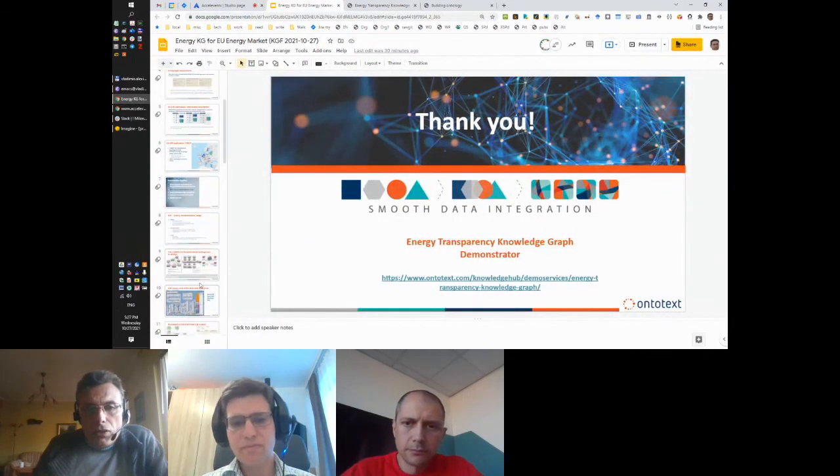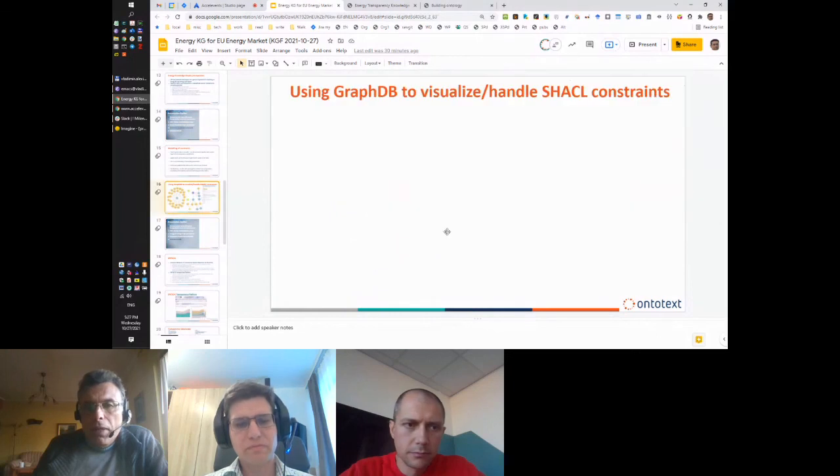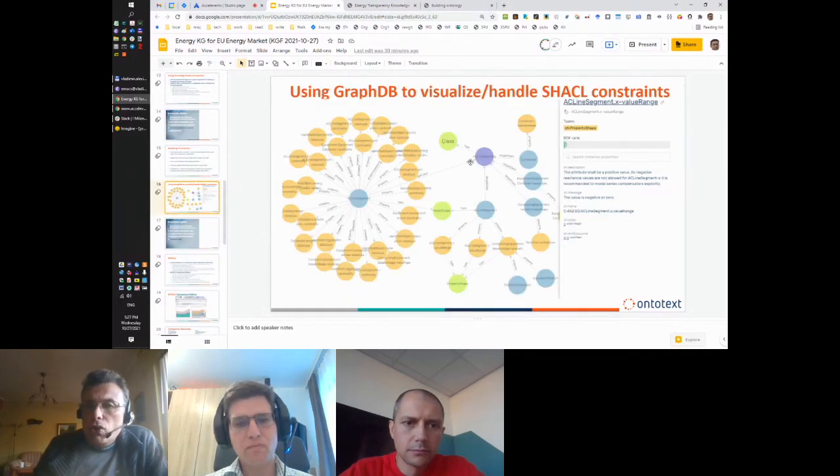Chavdar has shown a diagram that comes directly from the built-in graph in GraphDB. But yeah, this only shows the connections. So it says there is a node shape for AC line segment. There is attached to the class AC line segment, and it has these 4 property constraints, whereas this one has, I don't know, 15 or 20. But to see what exactly are the constraints, I think that other ways of visualizing are better.